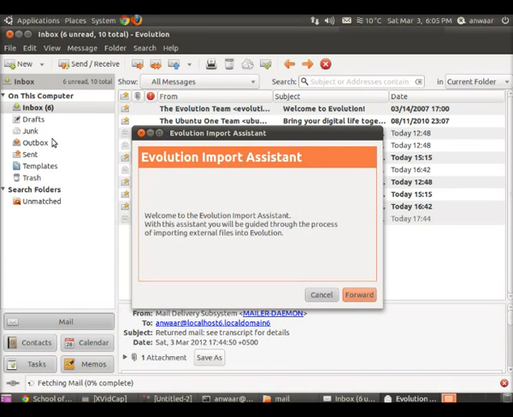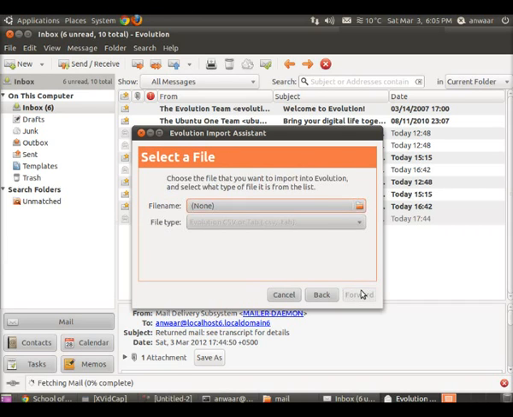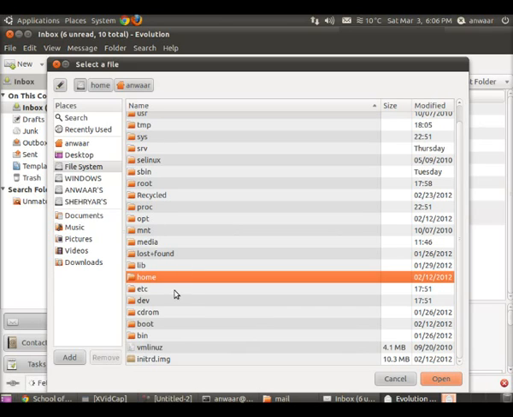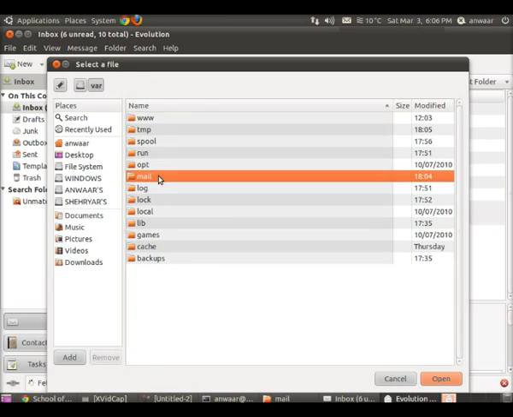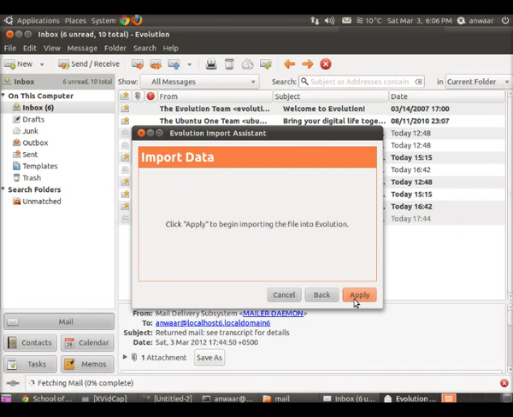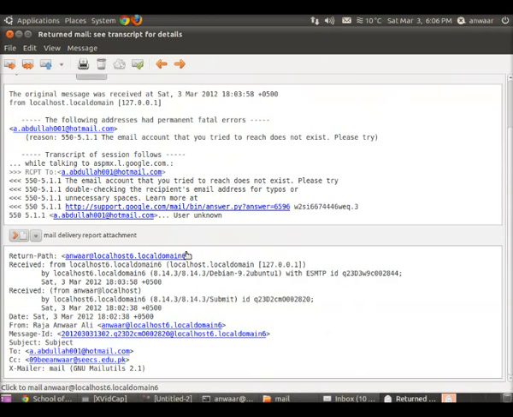Now if I were working as a mail server, I would write a script to import the single file continuously, but here I am just importing one file. Let's see, Berkeley mailbox, forward, okay, inbox, apply, and I will get the mail of 18:04.